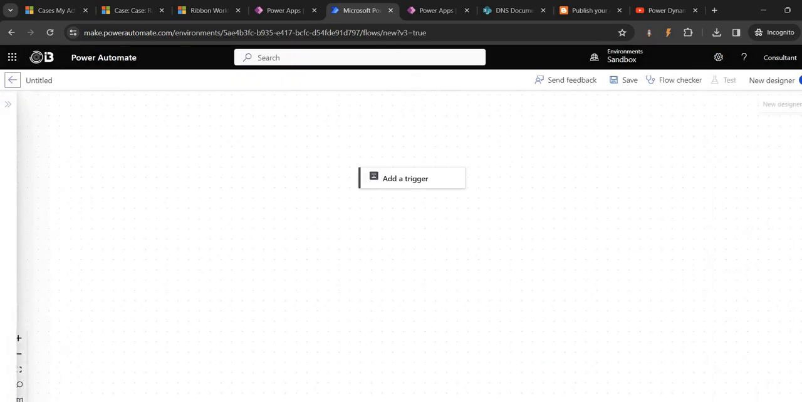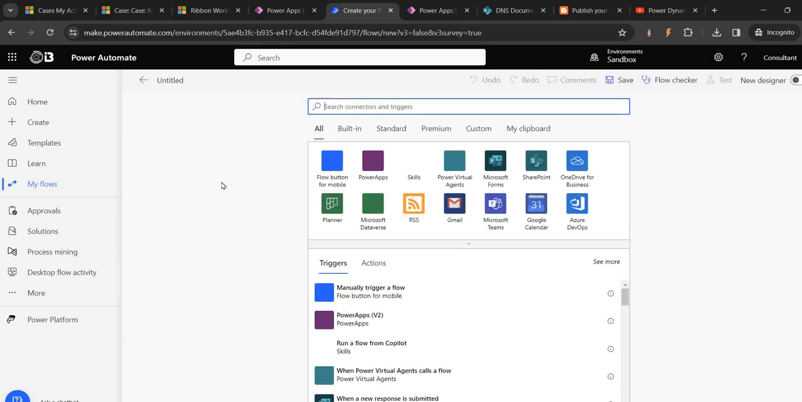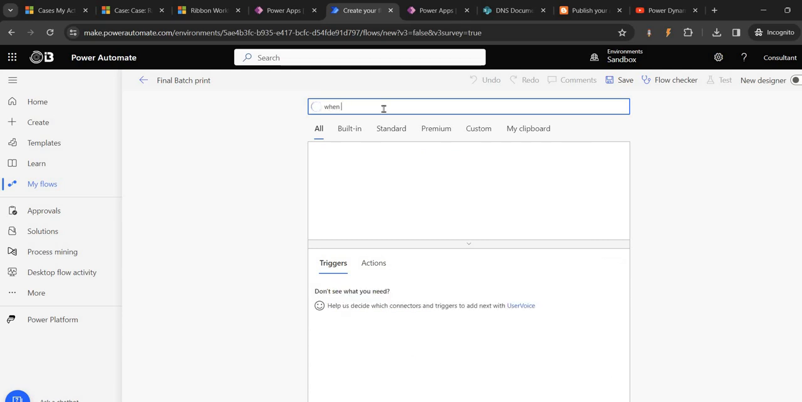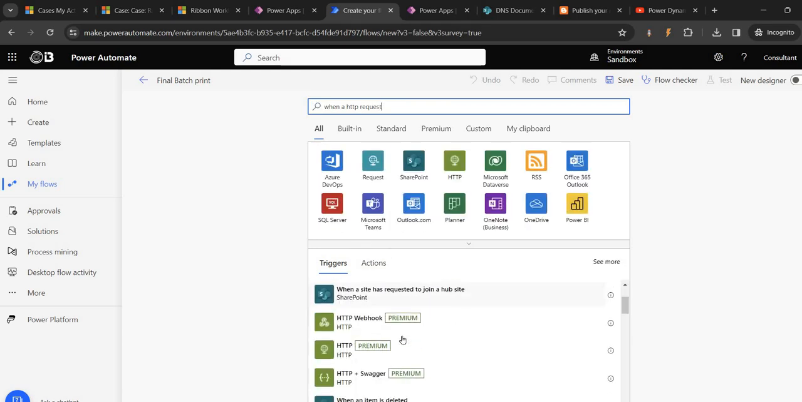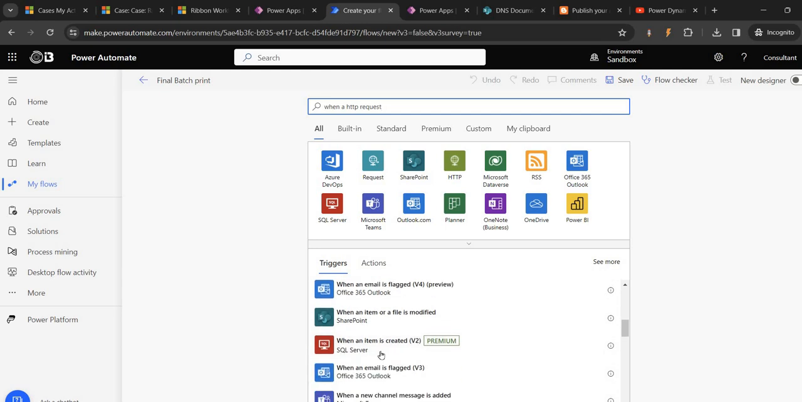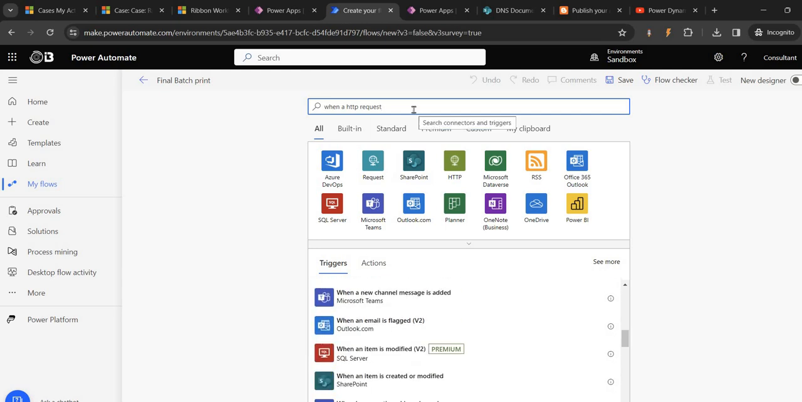Okay, skip. We go to the old designer form. Final batch. Okay. Now I want it to get triggered whenever a request is received, right? When HTTP request is received. Okay, I think this is enough. When HTTP request is received. Where is that? Next is